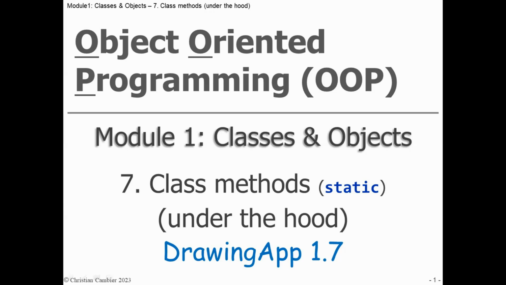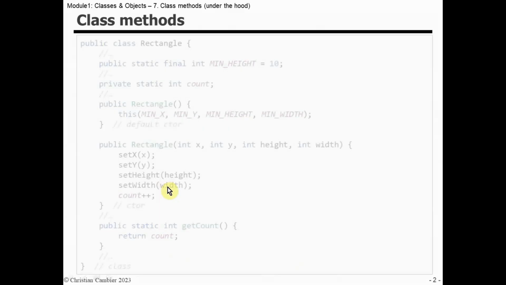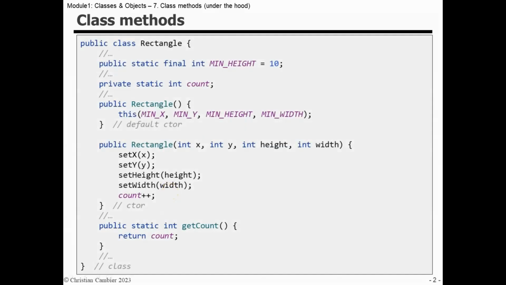In this under the hood video about class methods, so the static methods, I'll demonstrate what the effect is in memory when static methods are invoked, and focus your attention on the fact that these methods do not have a this pointer. This is the rectangle class as implemented in the hands-on video, displaying some of the class member variables,